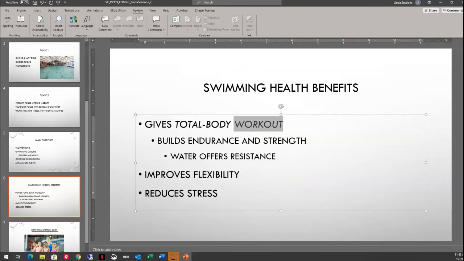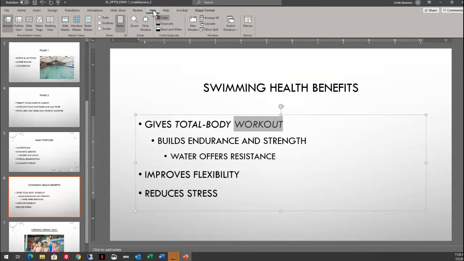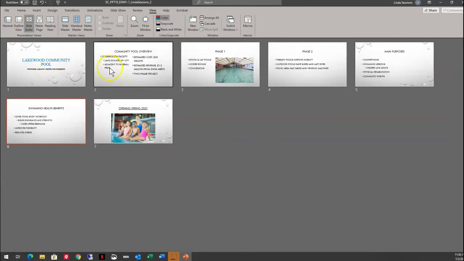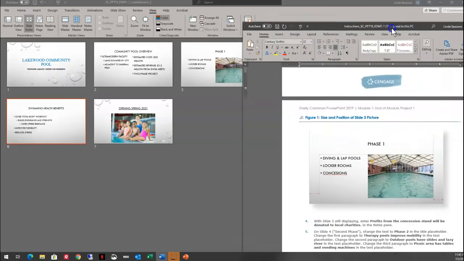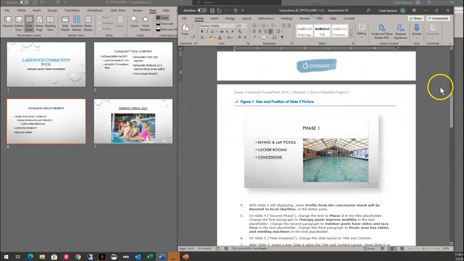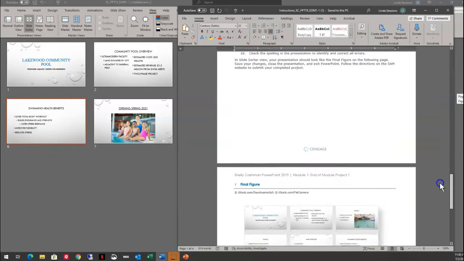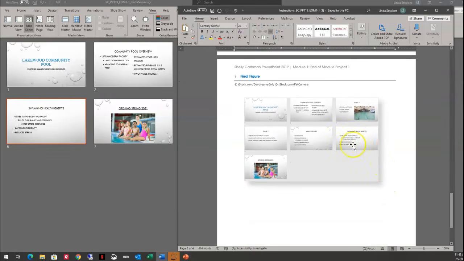Now what we're going to do is go to slide sorter view. So I'm here in the view tab. I'm going to go to slide sorter, and it shows all of my slides here. And what I'm going to do is compare them to the instructions. So here in the instructions, on the very last page, it gives you an idea of what they should look like. And what I always do with these is I look to make sure I've got the right